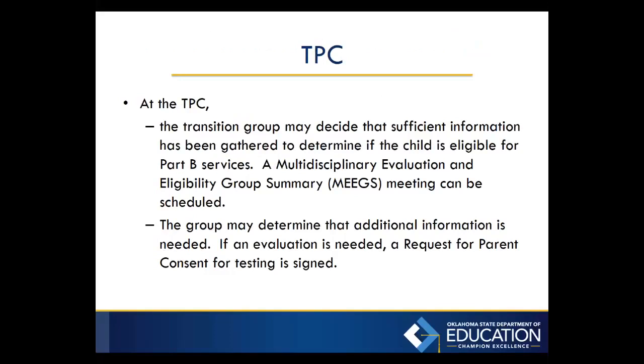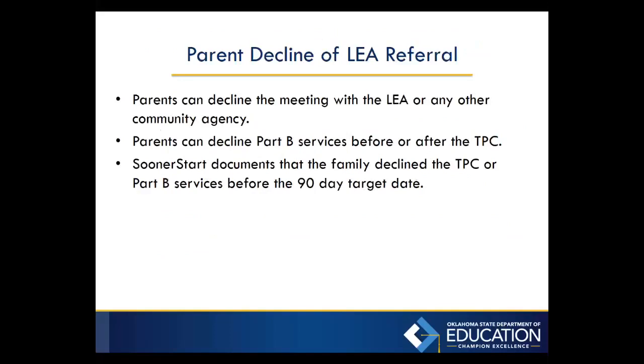If an evaluation is needed, you'll need to get your parent consent. And remember, even with the 3-year-old, you have the 45-day timeline, the 45 school day timeline. So if you start this process very early, then you're going to get to the end of it, and you'll make your IEP effective when services begin on the child's 3rd birthday. That's not uncommon. That happens several times, but you have to make the IEP effective for the date the services begin.